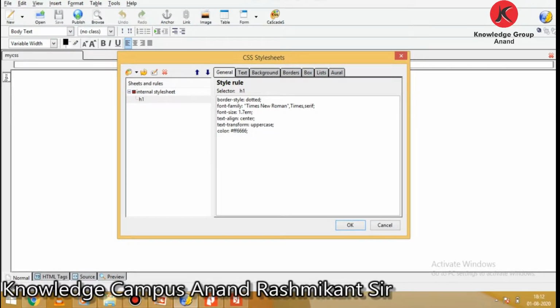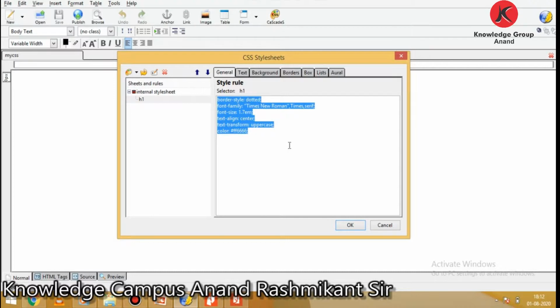Remember, H1 is our selector, which is one of the HTML elements, and you can see the declarations here. Now we will apply the style sheet.